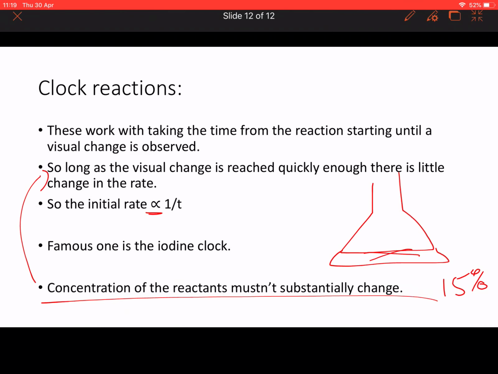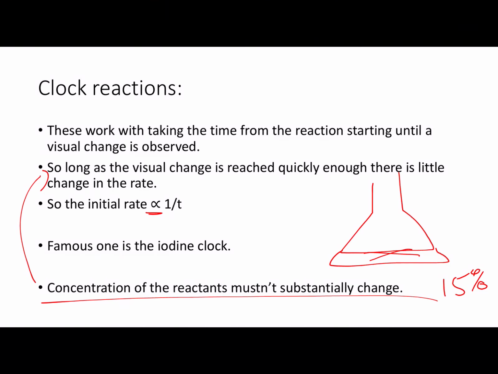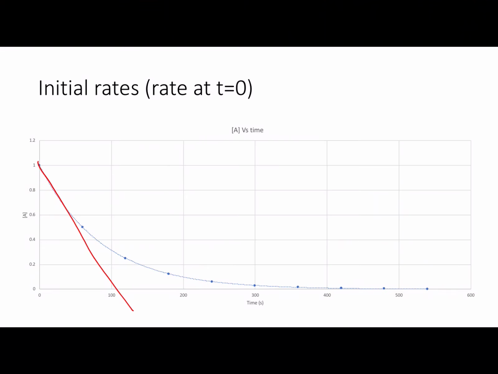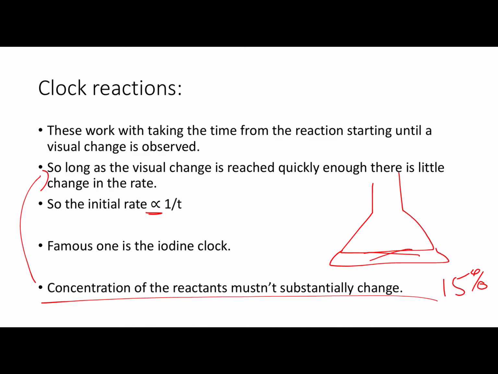We're going to have a look at using these initial rates, either by doing clock reactions or by using the graphs and calculating what the initial rate is, to work out some additional information about our chemical reactions next time. So hopefully a lot of this has been familiar. Next time we will be looking at things which